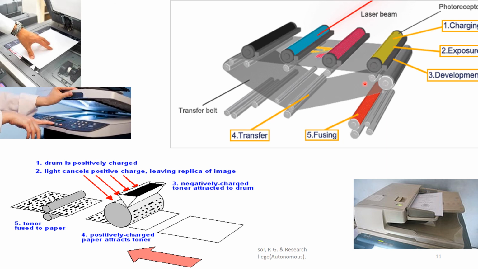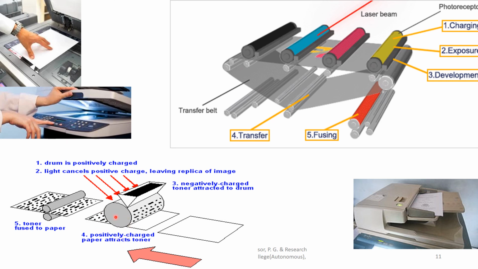After the formation of the latent image, the next step is the development of the latent image. After the image is projected onto the film, the drum is passed over the charged toner particles. The toner particles, as they run over the photoreceptor of the photocopier, become negatively charged due to friction and are attracted by the electrostatically charged image on the photoreceptor. The image is developed as the toner distributes itself over the electrostatic image.